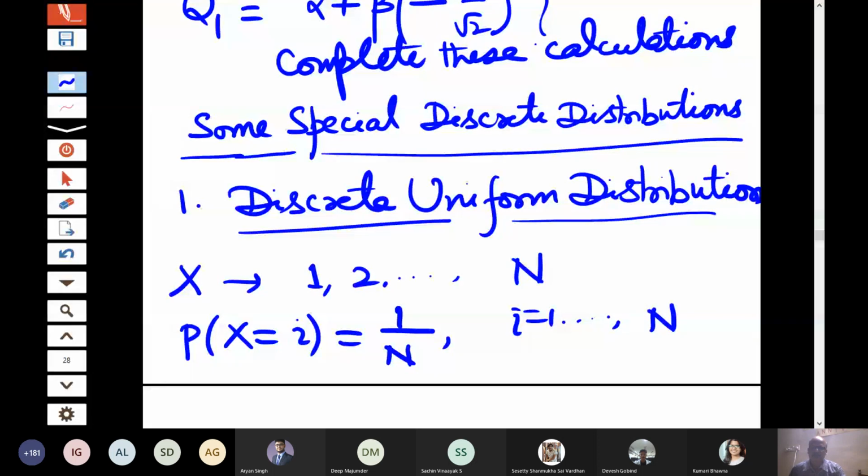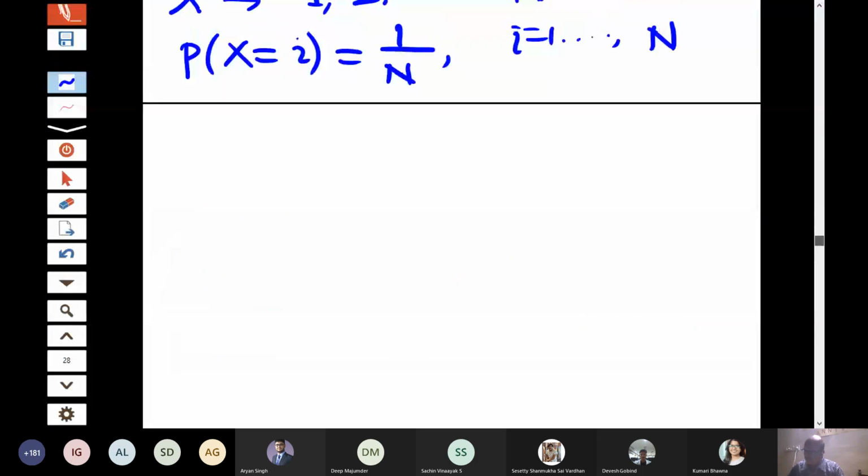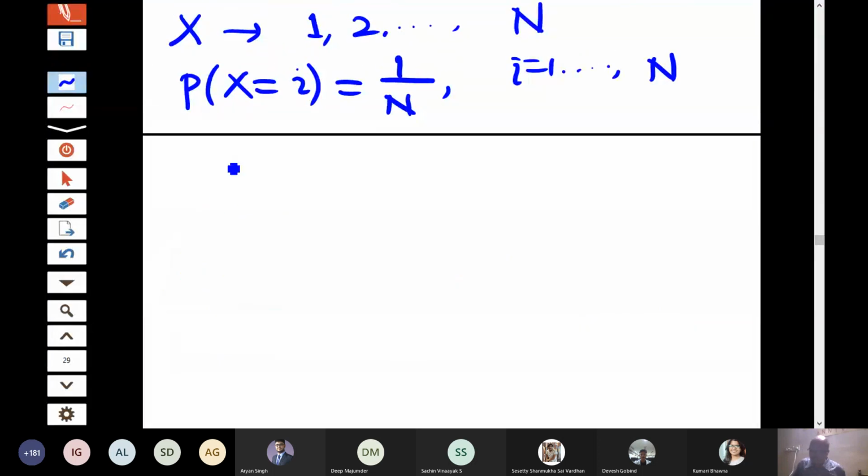This kind of situation, of course, started from the classical games where we were considering coin tossing, dice throwing, and so on, where you have the fairness assumption included. That means a fair dice or fair coin and so on, so you give equal probability. So of course, this is the simplest example of a distribution, and the mean, variance and all those things you can easily calculate. So what is the mean of this distribution?